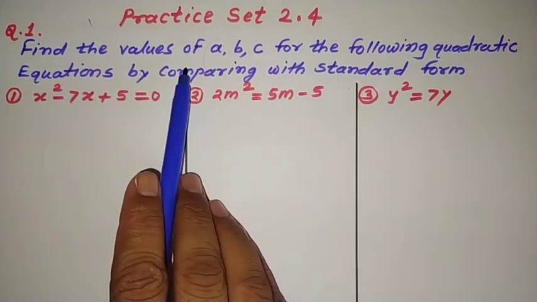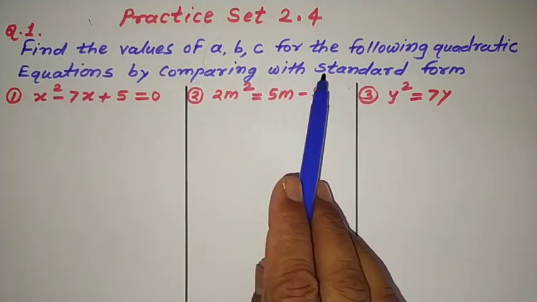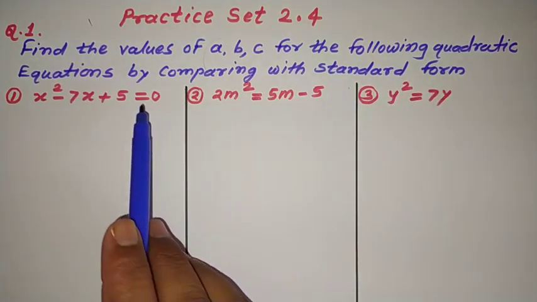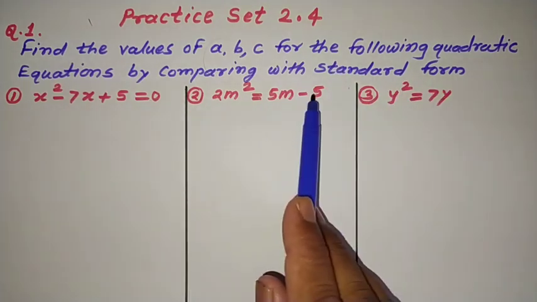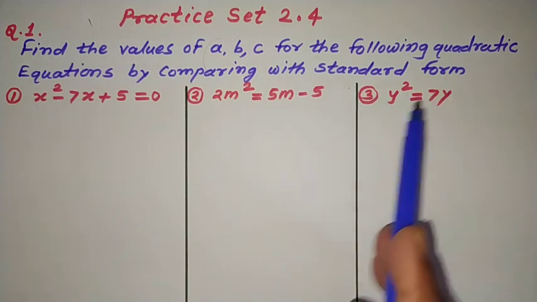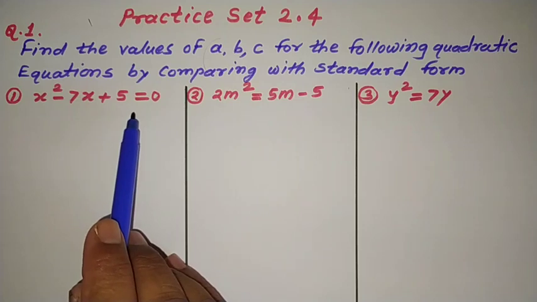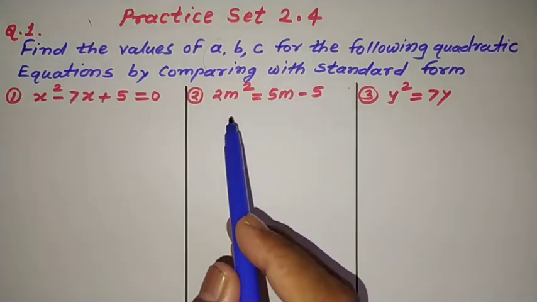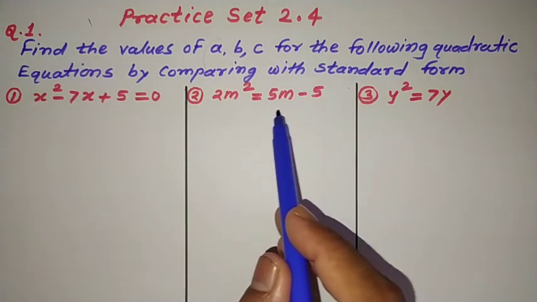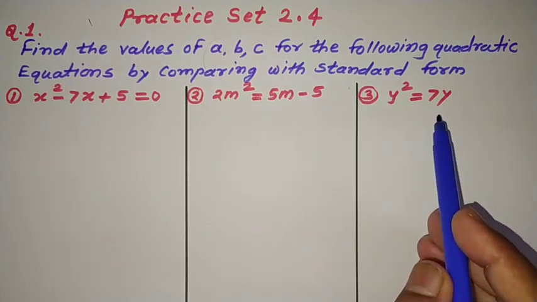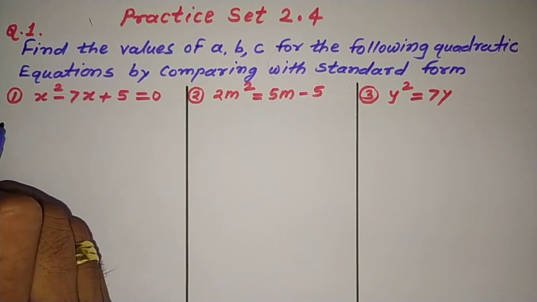Find the values of a, b, c for the following quadratic equations by comparing with the standard form. First, x square minus 7x plus 5 is equal to 0. Second, 2m square is equal to 5m minus 5. Third, y square is equal to 7. Example first,